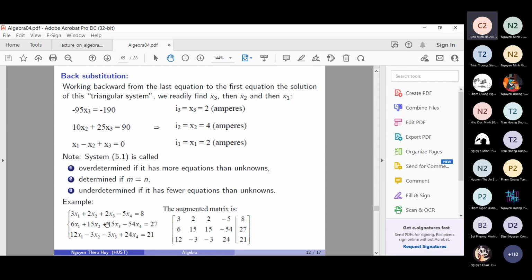For example, we multiply an equation by a non-zero constant and add it to another equation. This doesn't change the set of solutions, so we obtain a new equivalent system. But I don't care about the system, I care only about matrices. So we do it just by computing on the